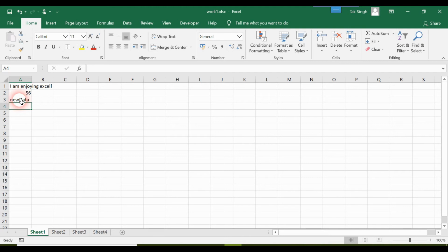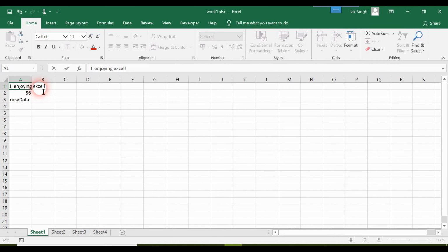But what if you want to edit the data? Say in cell A1, I want to edit the sentence I am enjoying Excel to I will always enjoy Excel. To do that, I want you to double click on the cell you want to edit. You see there is a blinking pointer on the cell A1 that shows that now you are reading the cell data as text.